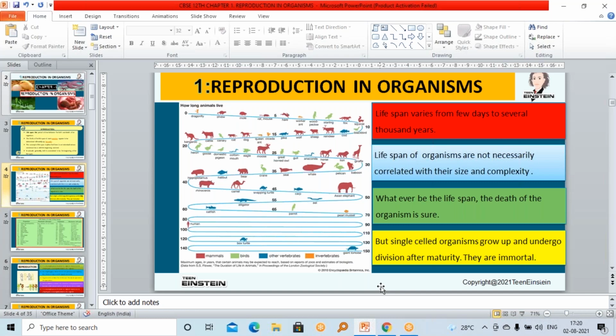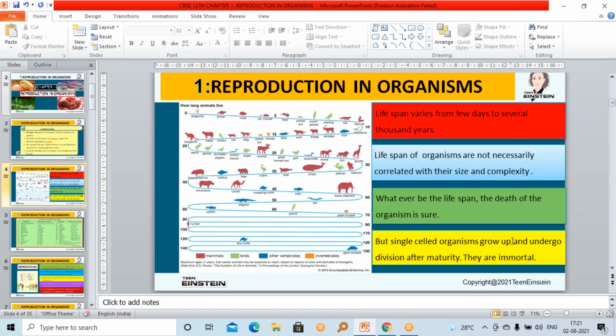Whatever may be, that organism will die. That's for sure, there is a death for the organism. I said there is a starting point. In the case of animals, birth is considered the beginning point, and death the end. See, some species may die after 20 years, some organisms may die after 1 day, some after 100 years. So whatever the lifespan, there is a death or an end point for the living organism.